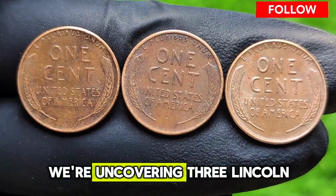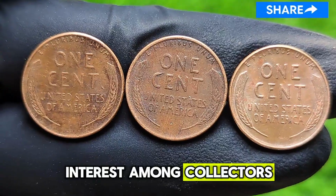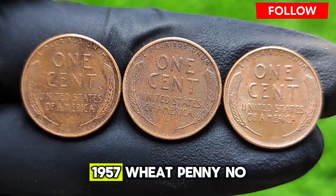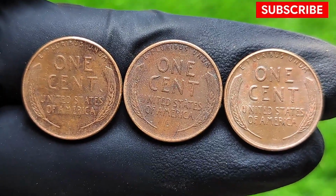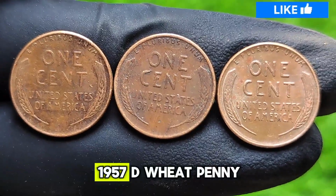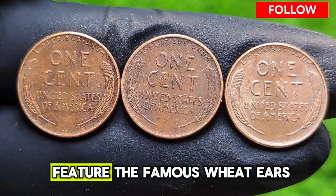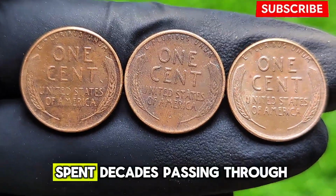Today, we're uncovering 3 Lincoln Wheat Pennies that continue to spark interest among collectors. 1957 Wheat Penny, no mint mark. 1946 D Wheat Penny. 1957 D Wheat Penny. These classic wheat pennies feature the famous wheat ears reverse design and have spent decades passing